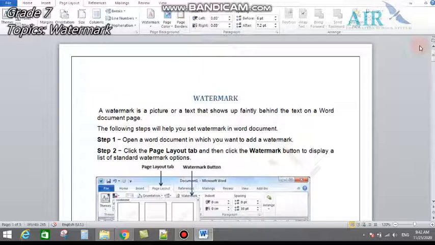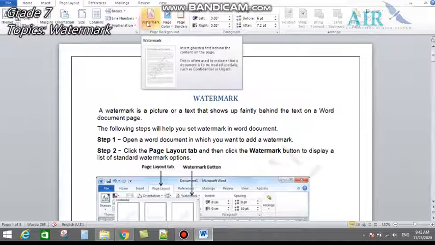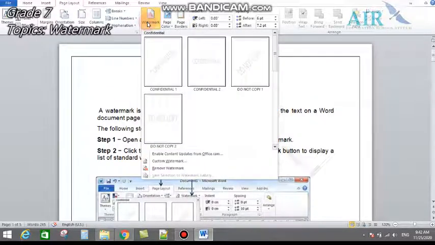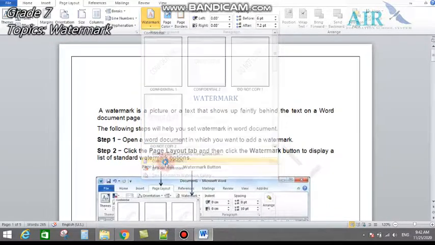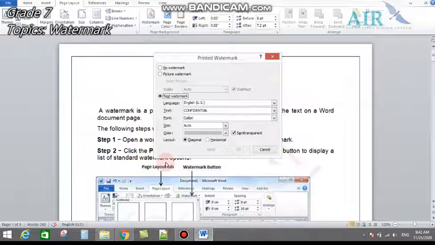Now if you are supposed to insert a picture watermark, then what you have to do? You will follow the simple steps once again. You will go to the page layout button, and then you will press the watermark button. After that, here it's written custom watermark. You will click custom watermark, and then you can click on this check button, picture watermark.